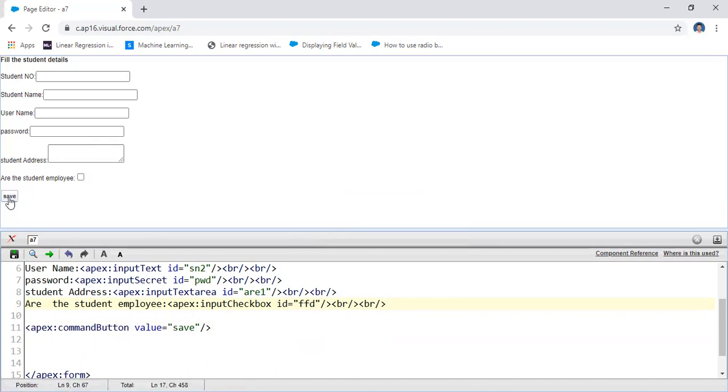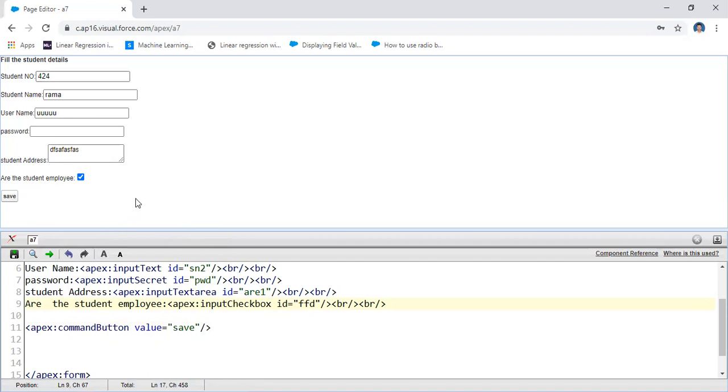Yes, it's okay. If you click here, for example, student number, student name Rama, and then student username. You may fix the username like this. You may fix the password, anything, and then write an address here, check this one, and then save it. In this way, save is not doing anything here.